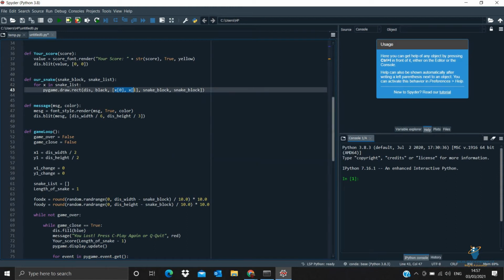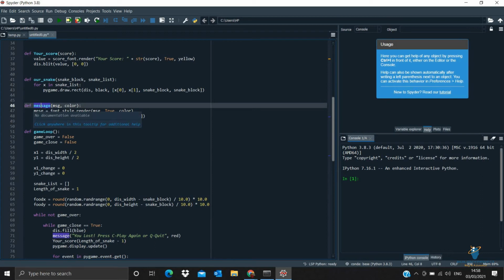These are nothing but the variables, and then the snake block and snake again snake block, just to overwrite it. And then we are going with a new function, that is def message, the message which we will get when you move ahead. If you got out, then you can either quit the game, or by pressing any respective key you can play again. So we have just created a normal function with the name message, and inside this we have given a keyword, that is mesg, and the font style, like we have used this font style now, so it will take by default that rendering part.